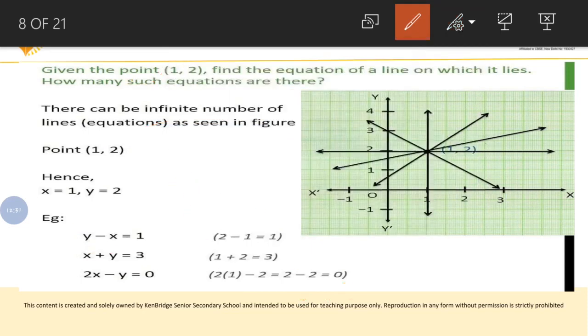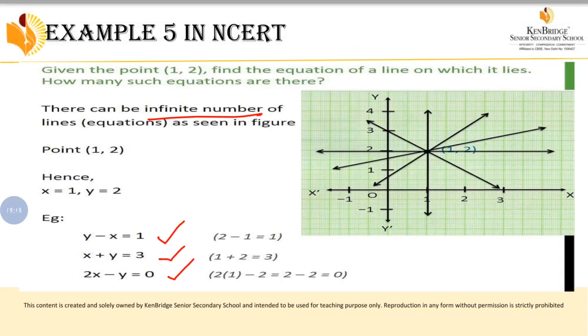So at first itself you should write that we will have an infinite number of solutions, and here we just tried to find 3. If you get a question like this, you have to write the first line: a linear equation in 2 variables will have infinitely many solutions. Then take the point as x and y, imagine a condition for the equation, and proceed. If the condition is satisfied, the point will be a solution. Like that you have to frame the equation. It has to satisfy the condition, okay? So we will move to the next question.